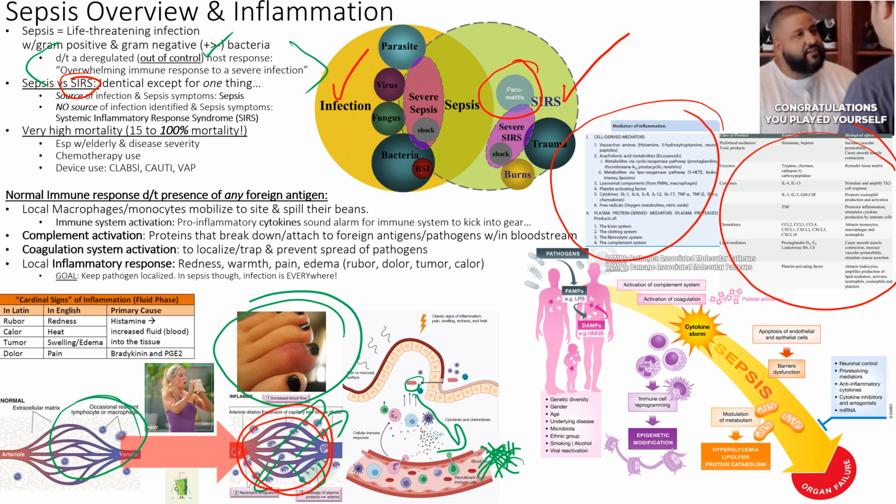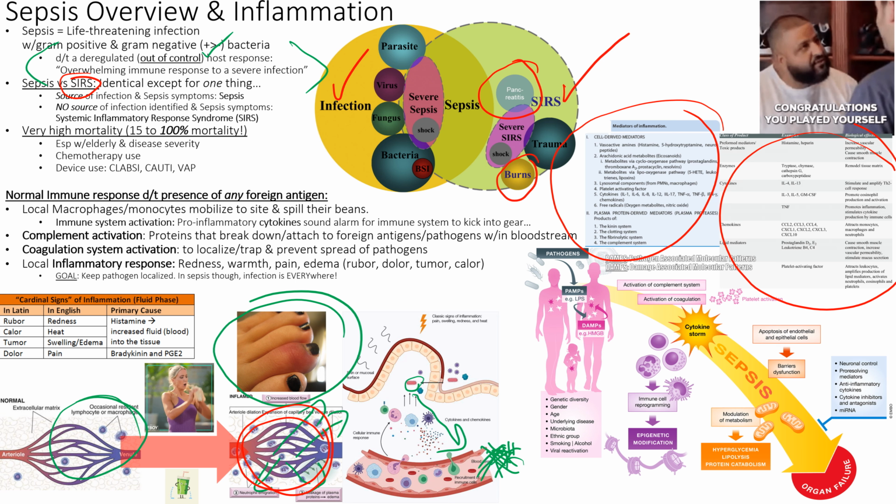Anyways, we have SIRS. You can have SIRS independently. So if you get into a massive trauma, you can have a SIRS response. You have a massive burn, right? That could cause a SIRS response, but also infection can do it. Usually infection is more common. Like we have a bacterial infection, obviously a lot more common than a parasitic infection,